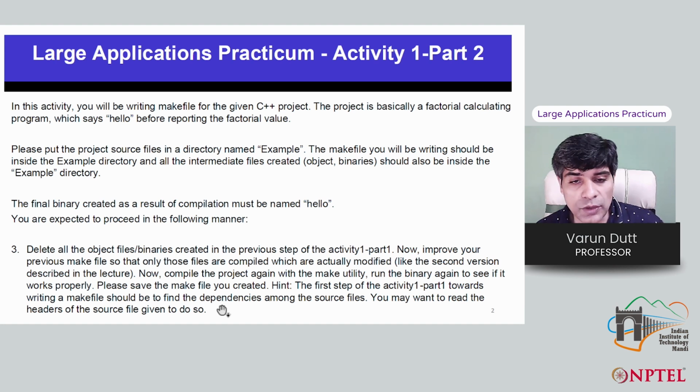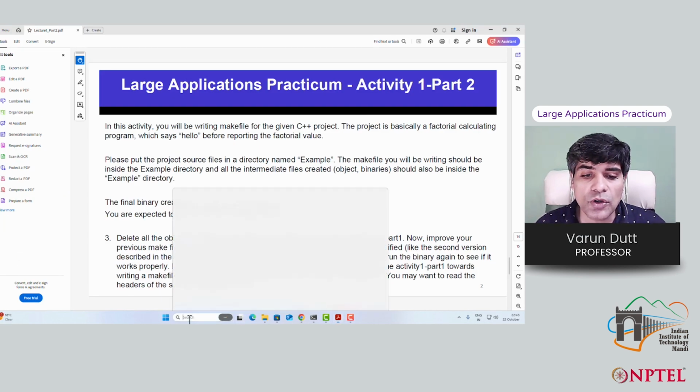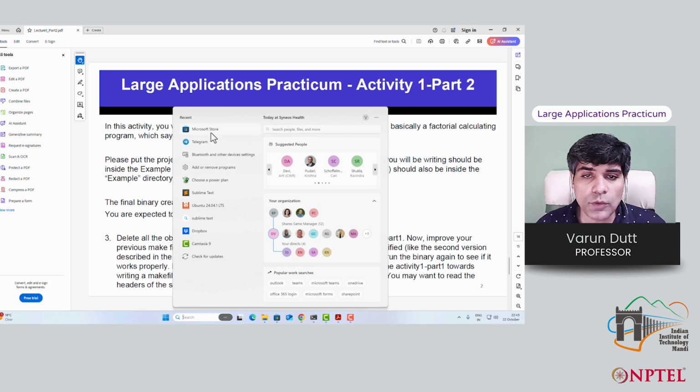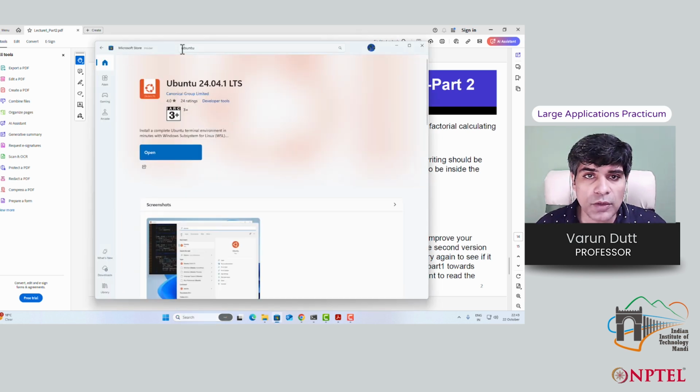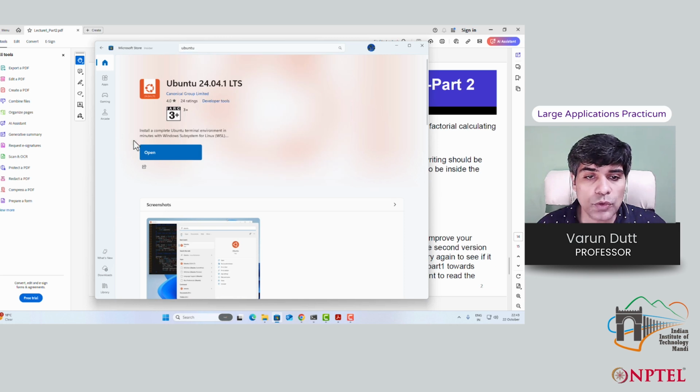And again, if you're using a Windows machine, you may need to install Linux. You can do it from the Microsoft Store, where you need to search for Ubuntu, and you can install 24.04.1 LTS. When you do, you will get an install button, hit it. It might download the file and then install.